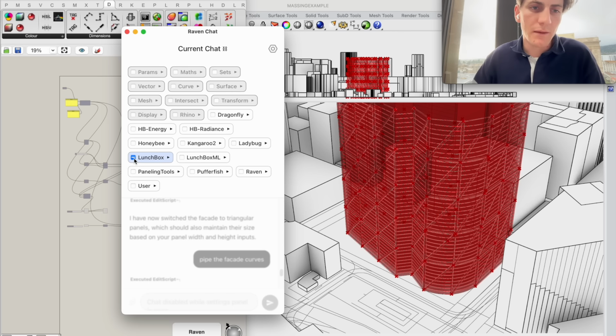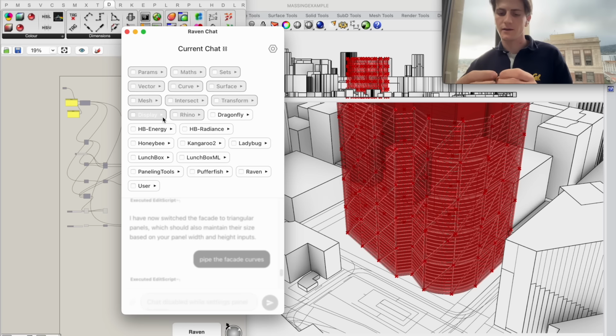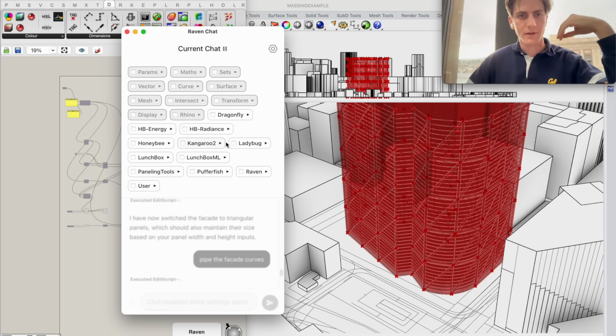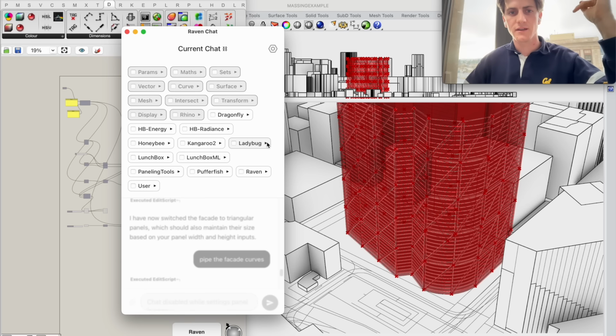So I'm going to turn off those LunchBox components, and instead go up here to the display. The grayed out components are all the pre-built components within Grasshopper that we've made a pre-selection out of. So Raven has access to some of these components at all times. But if I might be interested to create a Ladybug script, I can go in here and make a sub-selection of those component groups that I send along. Or in my case now, I'm just going to select the entire display group,